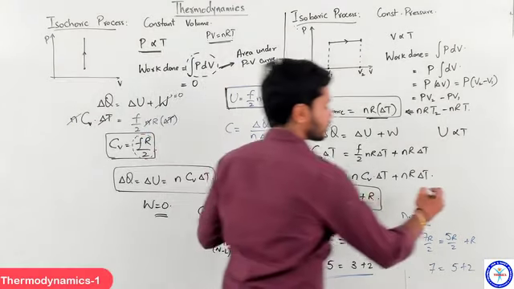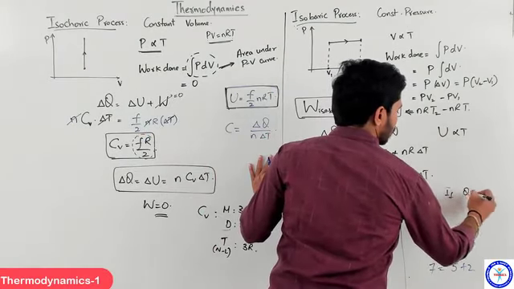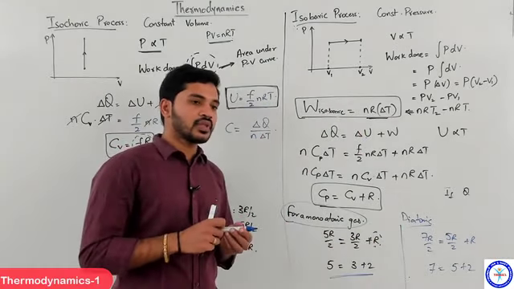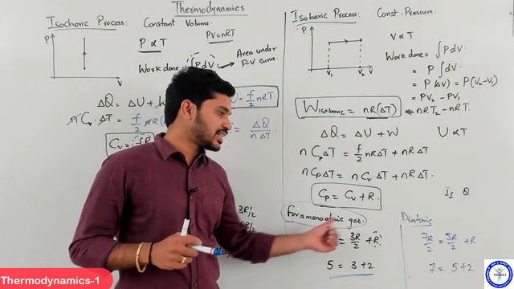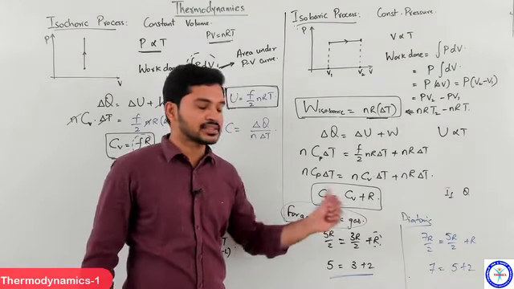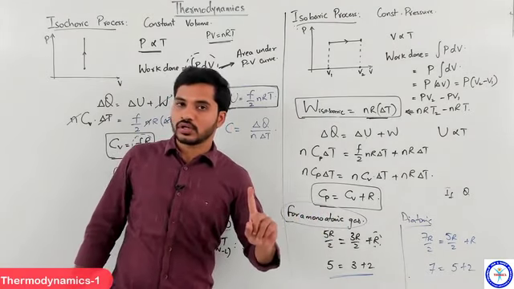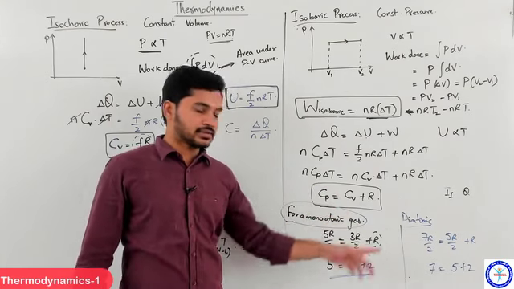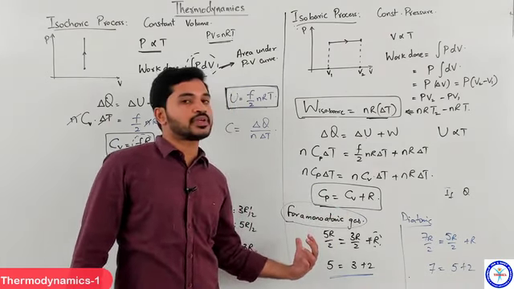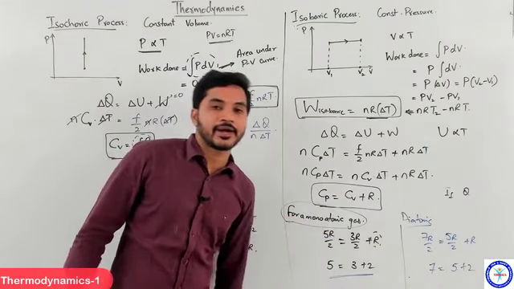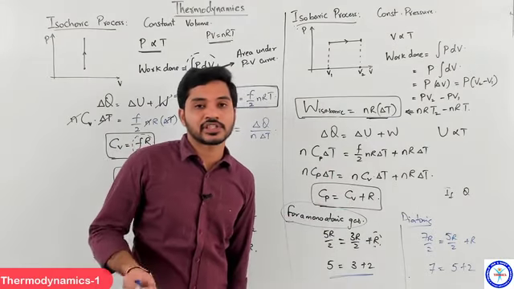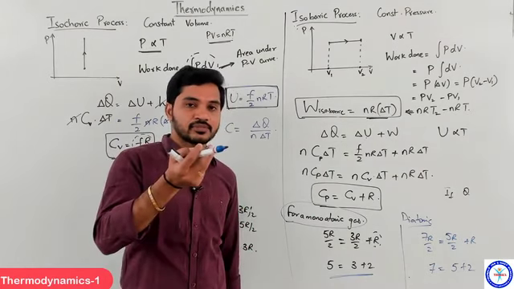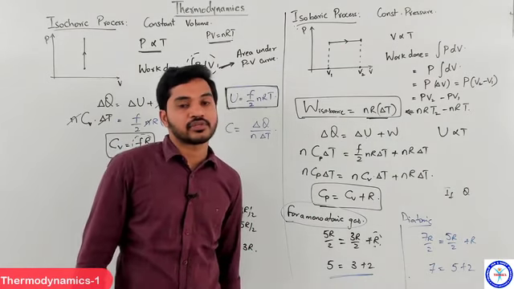If Q amount of heat is given, let's say, to monatomic gas and diatomic gas, both the gases are of 1 mole, and I have given Q amount of heat to both the gases. So Q amount of heat to monatomic gas, Q amount of heat to diatomic gas. Whose temperature will rise more? Will monatomic gas's temperature increase more or diatomic gas temperature increase more?